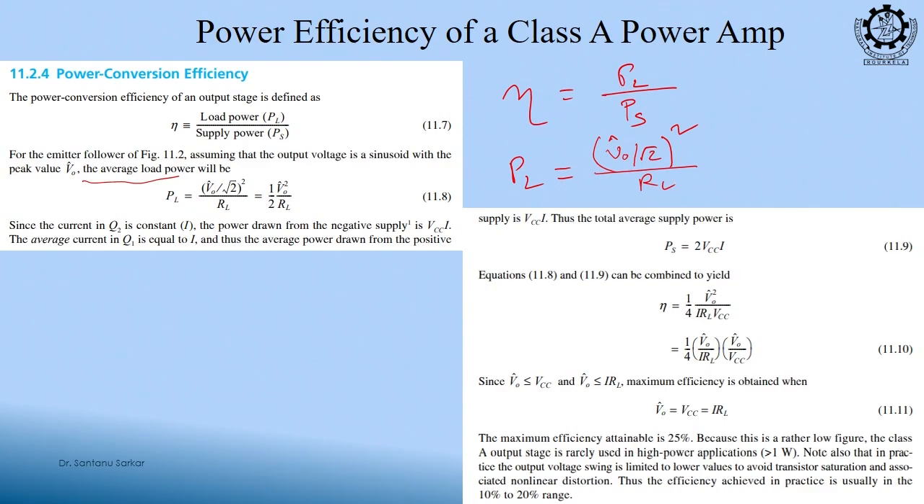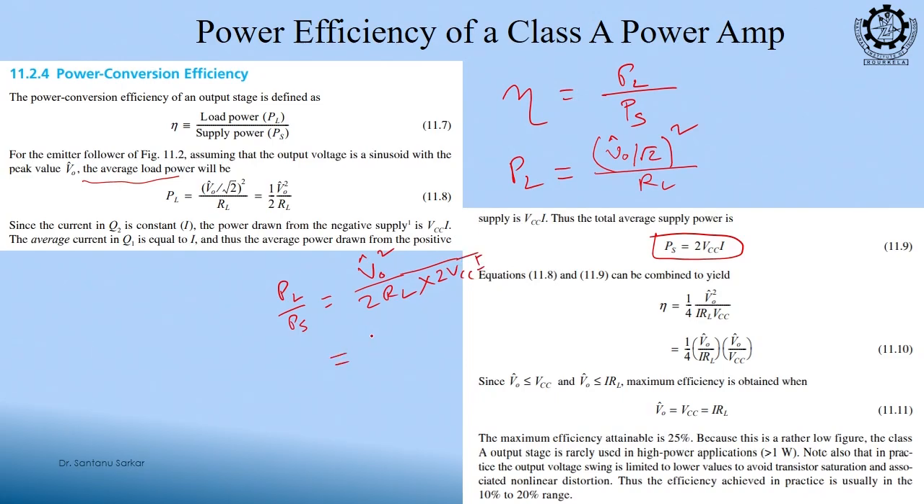Okay. So, this is our load. Now, what is the supply? I have two supplies, one is VCC, another is minus VCC. So, total power is twice VCC into I. So, what I will do? I will do PL by PS is equal to V0 square by twice RL into twice VCC into I